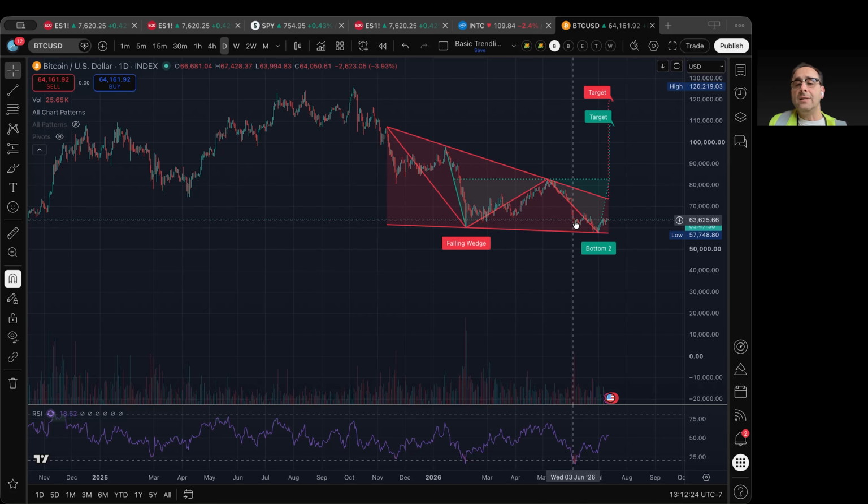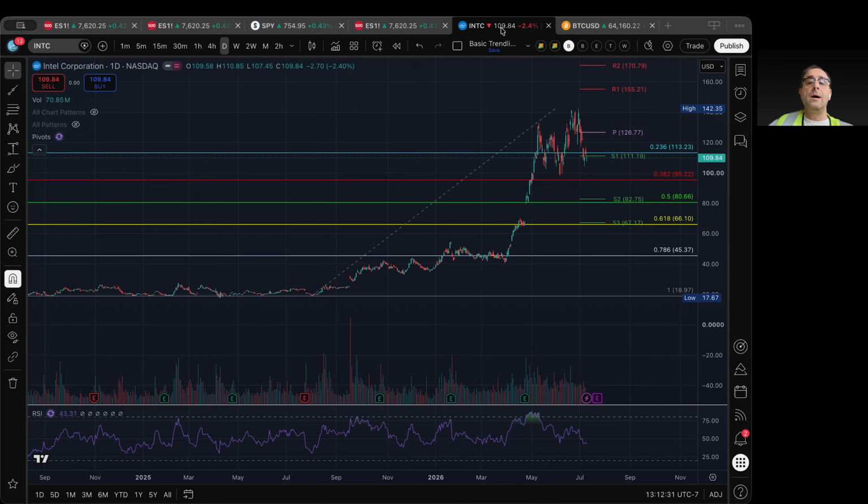So a falling wedge is a bullish pattern and a rising wedge is bearish, right? So keep that in mind. I think that's going to be about it for today. I think that's enough